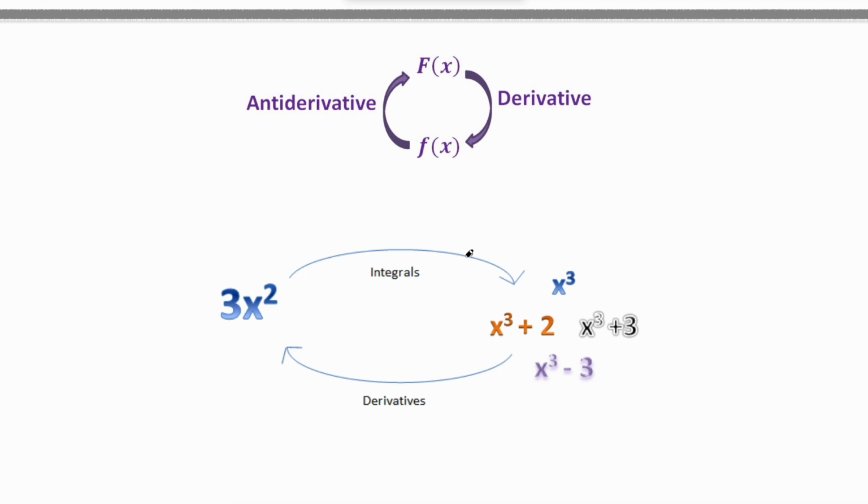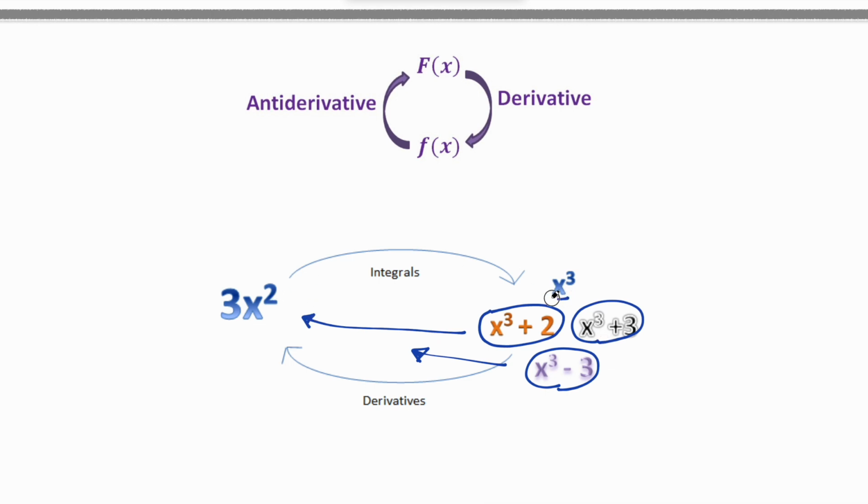For example, if I have x cubed plus 2 and I take the derivative of it, the derivative would be 3x squared. If I take x cubed minus 3 and take the derivative, I still get 3x squared. X cubed plus 3, same thing. And even x cubed itself, all of these would give me 3x squared when I take the derivative. So if I started with 3x squared and wanted to know what my original was,